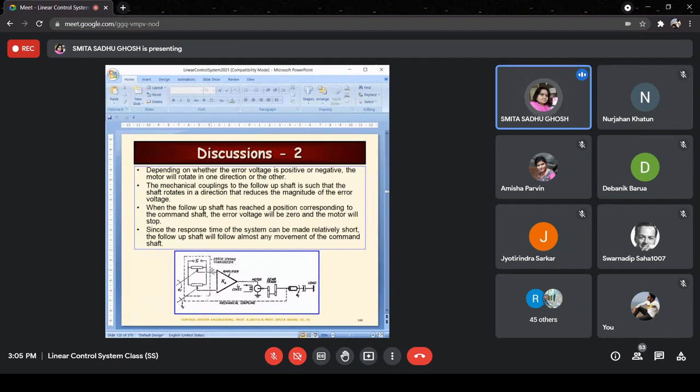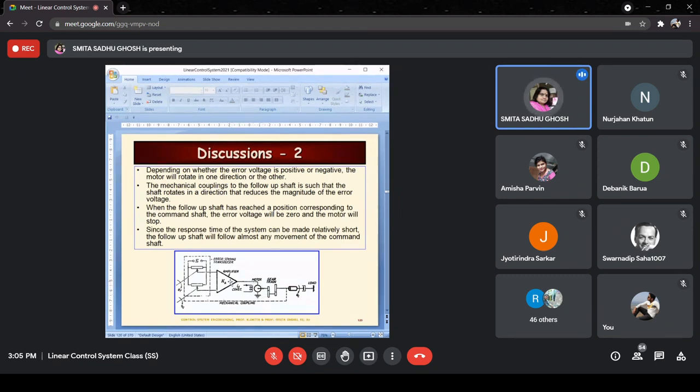Now, depending on whether the error voltage is positive or negative, the output of the amplifier is also a voltage, and that output voltage is given by Ka into the error voltage, whatever it is. If it is small e, then the output voltage is going to be Ka into small e. This voltage is applied at the armature terminals,